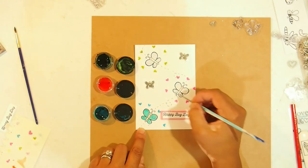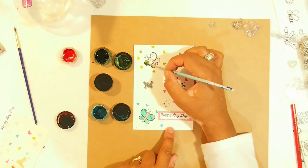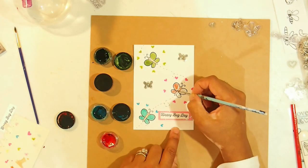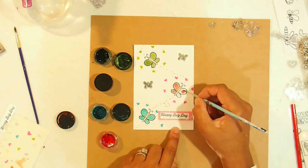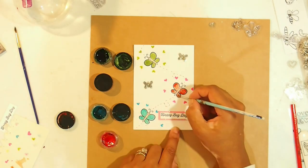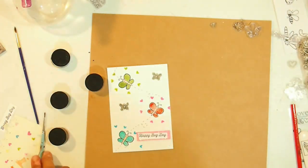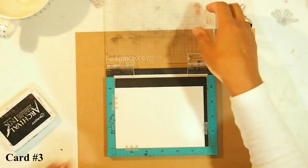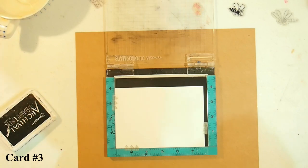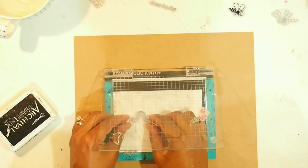I use this Mambo Peach color for the body of the butterfly. I then move on to my green color, and then I use a pinkish reddish color for the middle butterfly. I go back in with a little bit of darker color along the edges, and I'm loving the look of this card. For card number 3, I'm using my Stampaholic mini stamper because what I'm going to be doing is